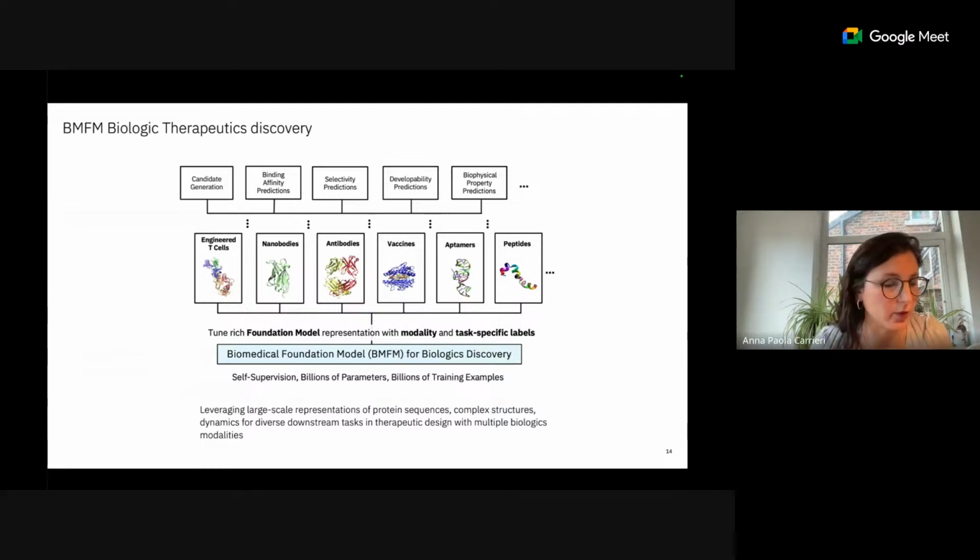Very quickly, because I'm conscious of the time, and I want to focus more on the genomics one. But this is mainly, again, Gen AI, from a proper Gen AI model, because it generates novel proteins, antibodies, vaccine, peptides, and so on, and predicts their properties. And you can see here on the top some properties that can be predicted: binding affinity, selectivity prediction, and so on.